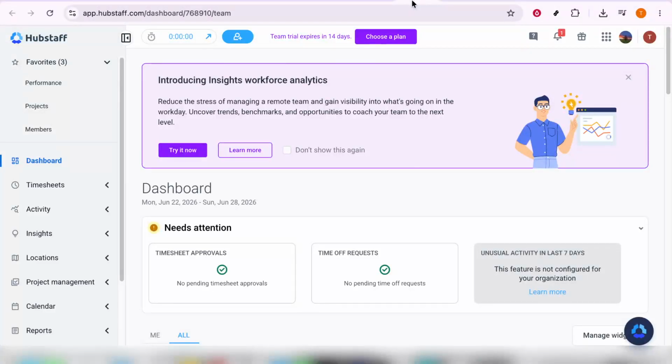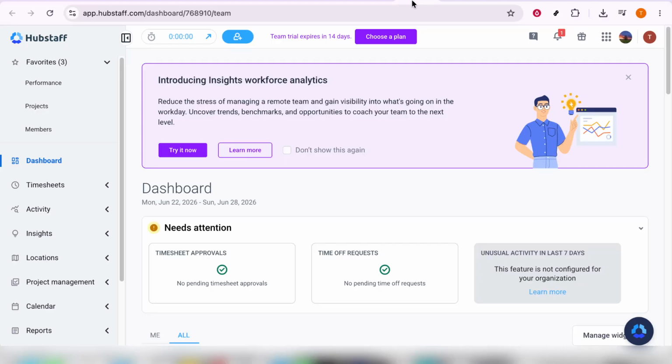In today's video, I'm going to teach you how to change your name in Hubstaff. If you need to update the name shown on your Hubstaff account, the process is very quick and straightforward. This is useful if you want to correct a spelling mistake, update the name displayed to your team, or make sure your account details are current. I'll walk you through exactly where to go and what to do so you can make the change without any